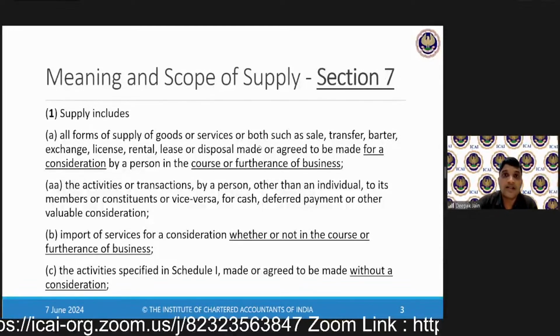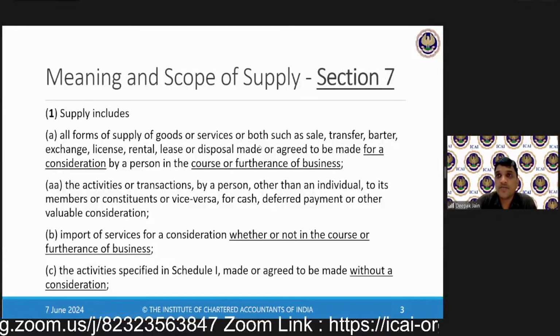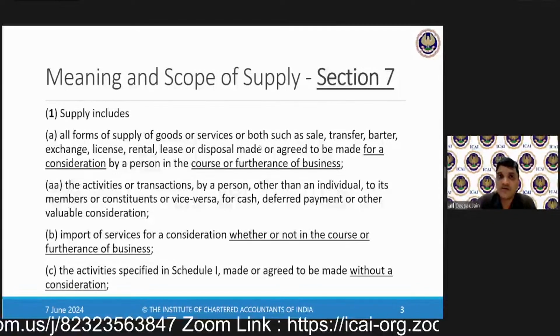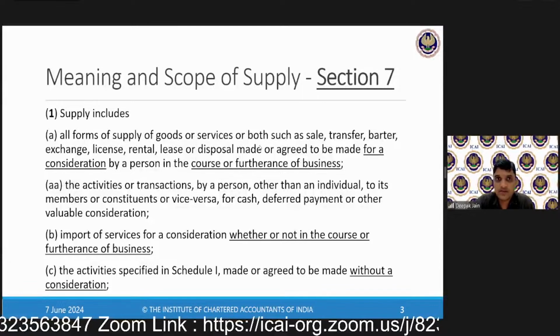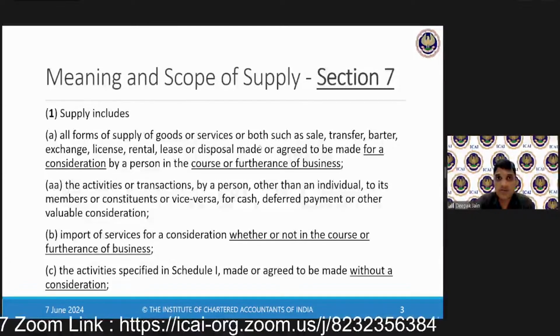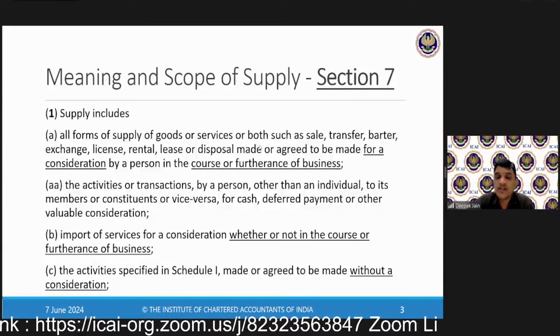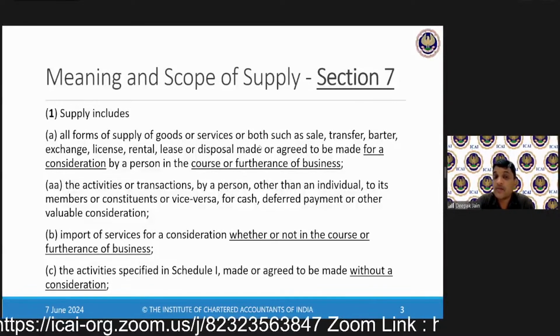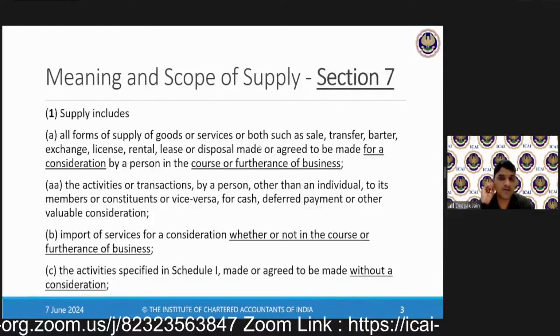Now, a customer has come and he's bought a laptop. Along with the laptop, he has bought a mouse. Now, the showroom person has sold the laptop, collected price from him. Now, when he sold this mouse, he has not collected any amount for this. So, should he pay GST on the sale of mouse?